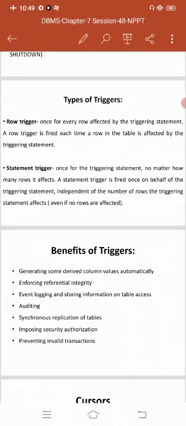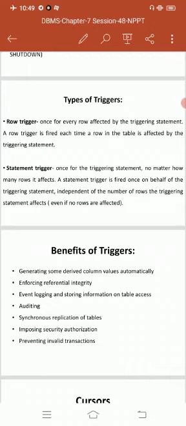Second one, enforcing referential integrity. Third one, event logging and storing information on table access. Next, auditing.